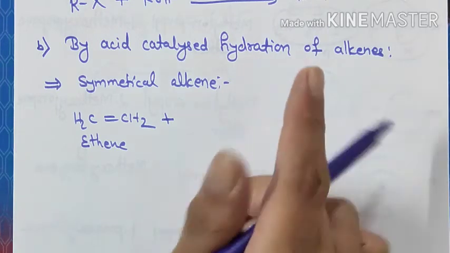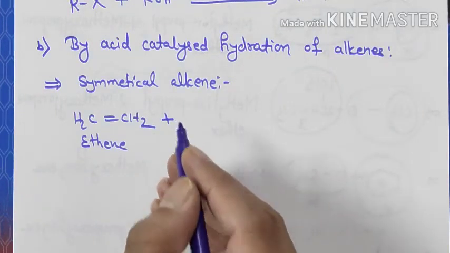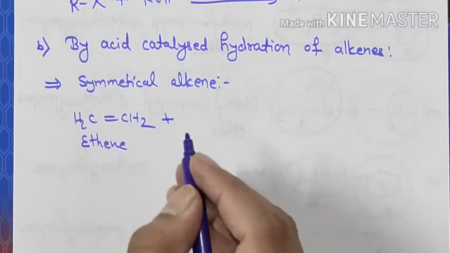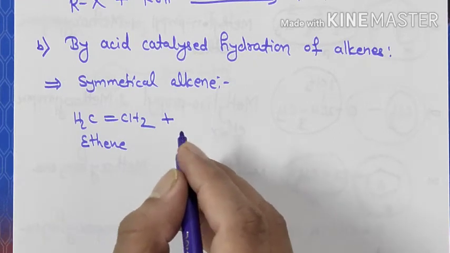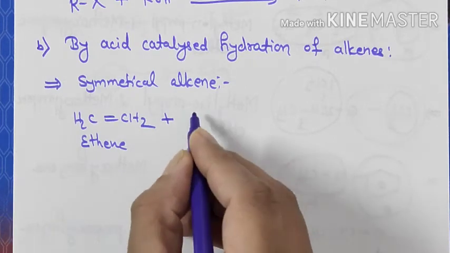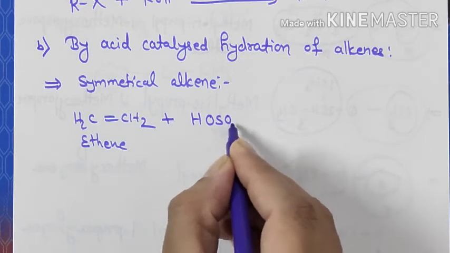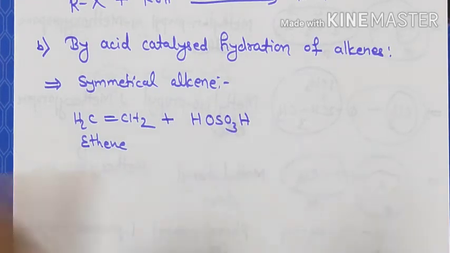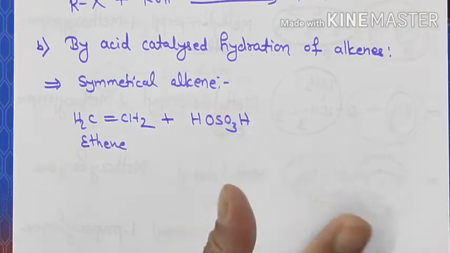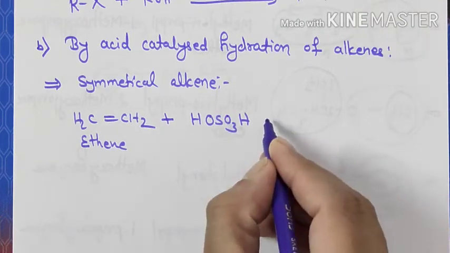And the acid we are taking is sulfuric acid. What is the formula of sulfuric acid? Sulfuric acid is H2SO4, right? Can I write it like this, H-OSO3H, H2SO4. Okay, now when I do this,